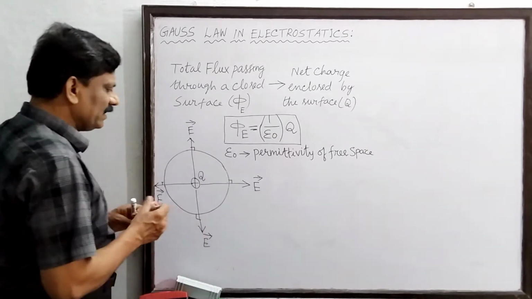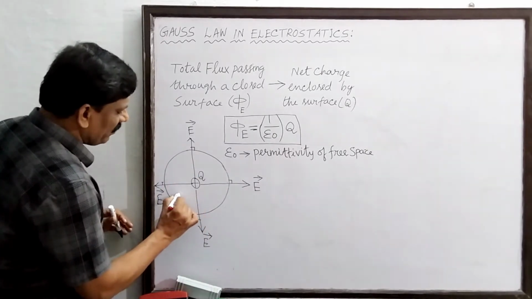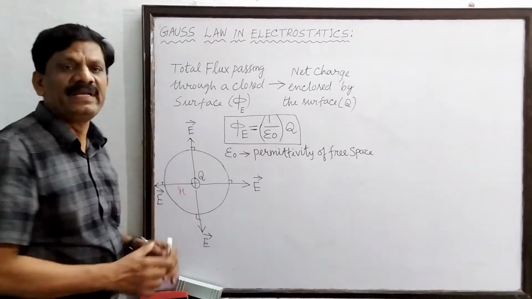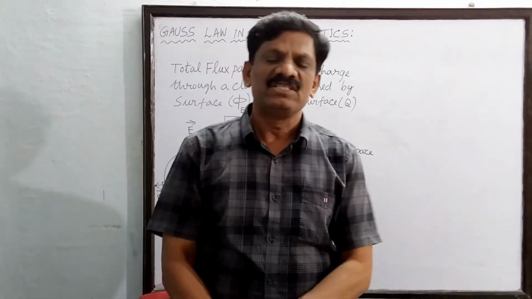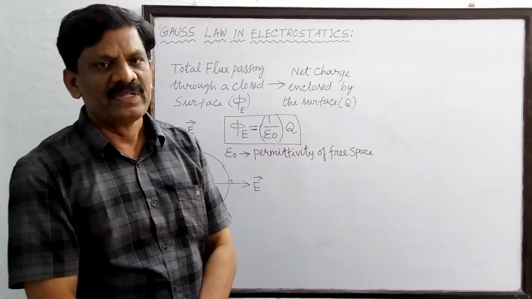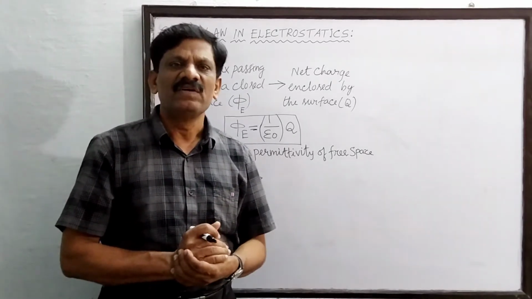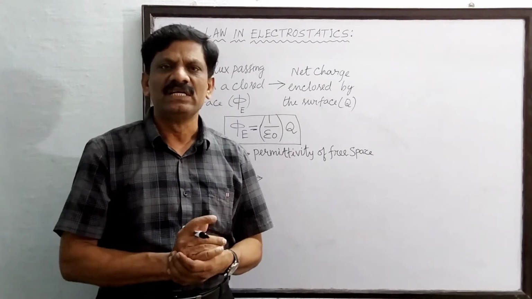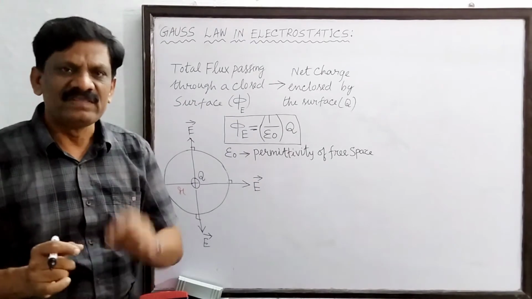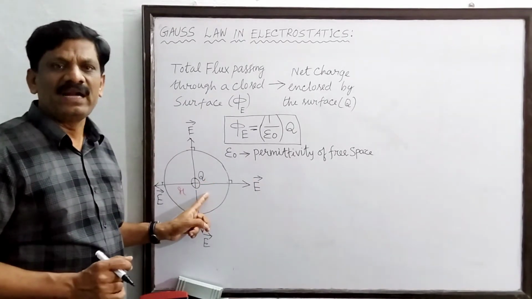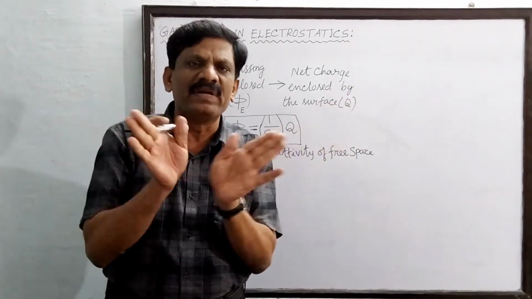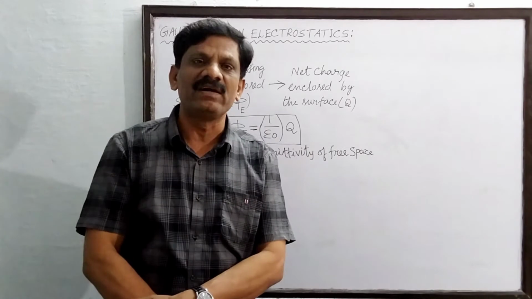Now let us consider the radius of the sphere is small r. So this type of spherical imaginary surface drawn around the given charge is now called as the Gaussian surface. So what is the shape of the Gaussian surface which I have considered for the given charge? It is spherical. So you have to imagine as if the charge is placed at the center and the electric flux lines are directed outwards, and these flux lines are penetrating perpendicular to the surface area of the sphere.